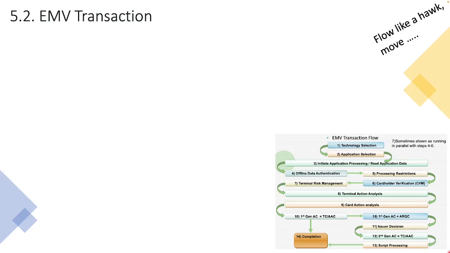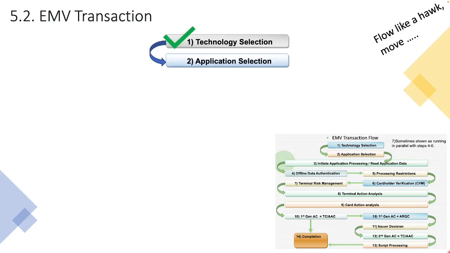pulls out the POS device, and this is where we have the first step, which is technology selection. So in our example, obviously, we've chosen to do an EMV transaction, and this is a contact or a dip or a chip insert EMV transaction. The card was physically inserted into the device. Once it was done, we then went into a phase where,